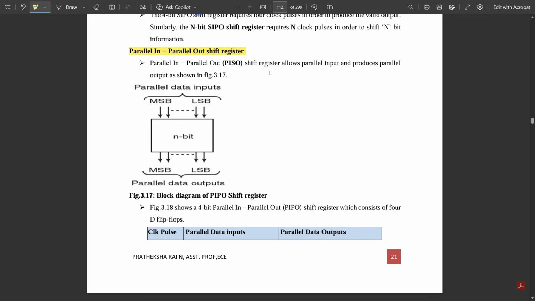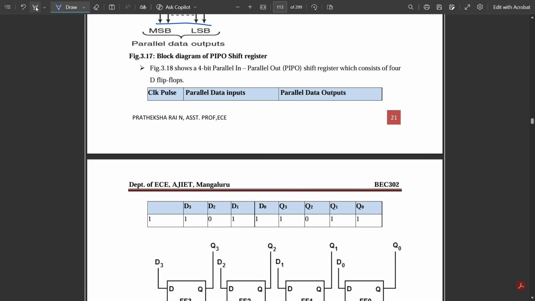Here the shift register allows parallel inputs and produces parallel outputs. You see here these are the parallel data inputs and the parallel data outputs generated. So the block diagram for a 4-bit PIPO shift register is given like this. You see here,